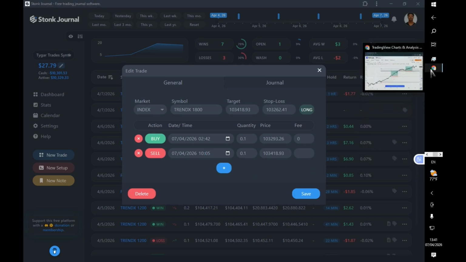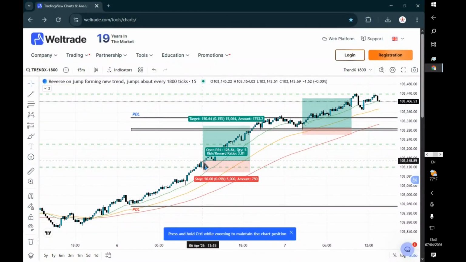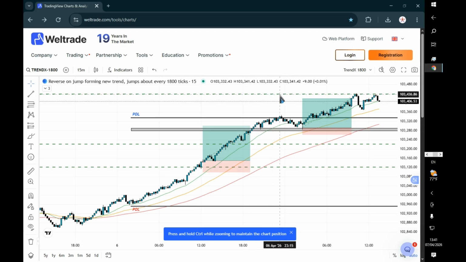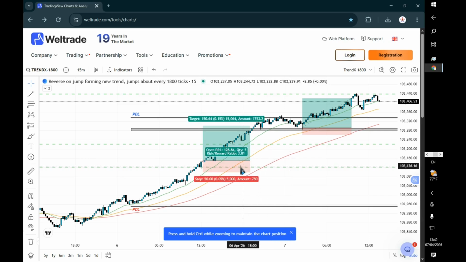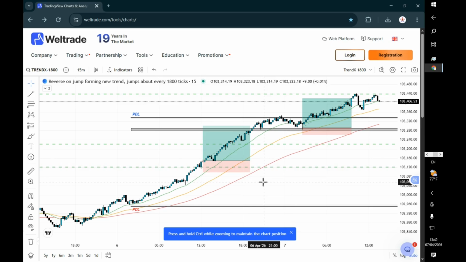According to this trade, I could have entered here, 6 April, and held the position. According to my calculation, when it was around here, it was about $28. But what's the difference? I'm not a swing trader, I'm a day trader, an intraday trader, so I do not want to hold positions for that long, right? And at the end, you still get the same amount, because if there is the same amount of stop loss, same amount of lot size, you still get the same amount,